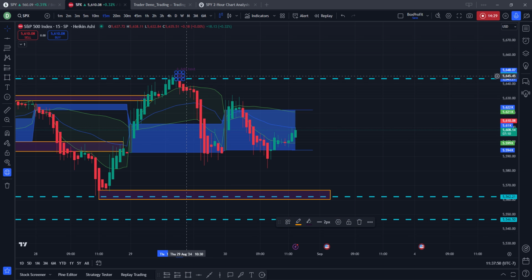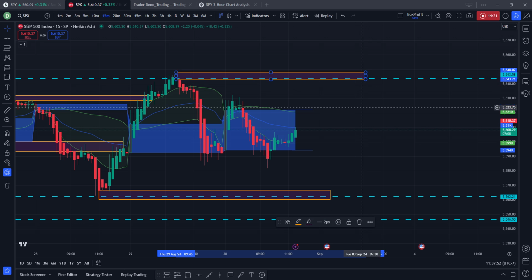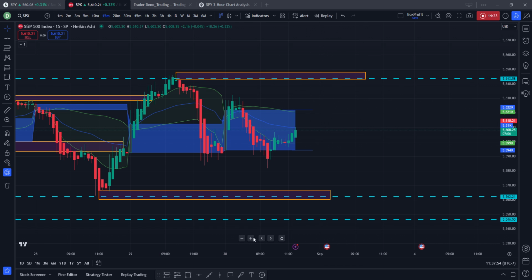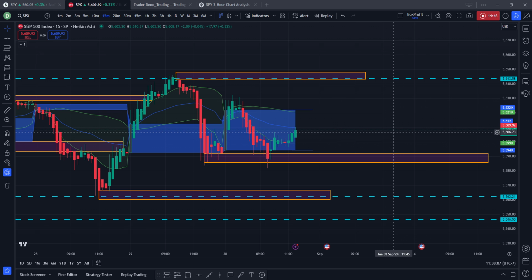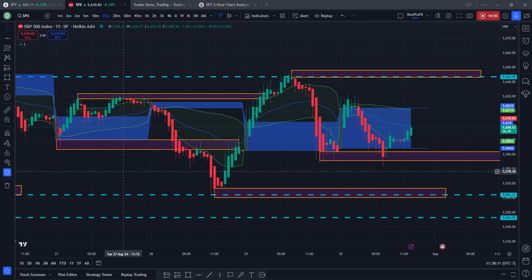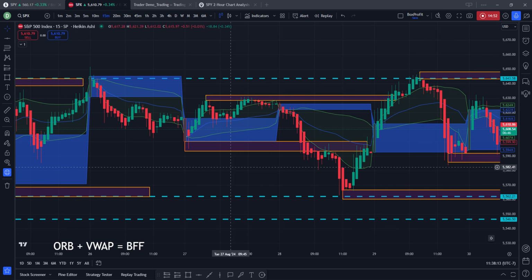Okay, let's just extend that. There might be some outliers there. And then we want to grab our previous day low, and we want to see how this translates to the regular candles right there. Okay, that's our previous day high, previous day low, and let's see how this actually translates into our actual